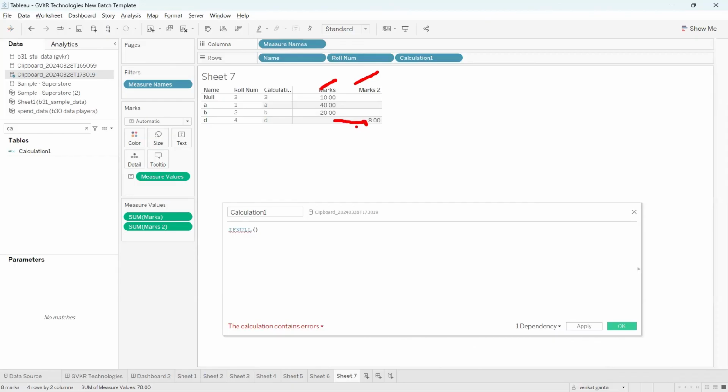Okay. Now what is my requirement? Very simple, in a similar manner only. Wherever I have nulls in the marks here, my first requirement is I want to replace this null with 0. So forget about this marks 2. My first requirement is I want to replace these nulls with